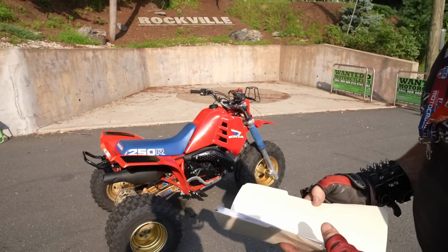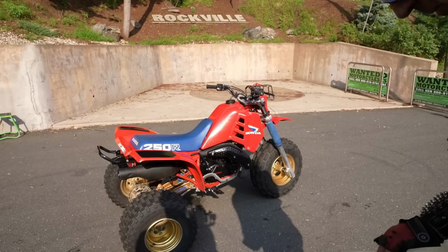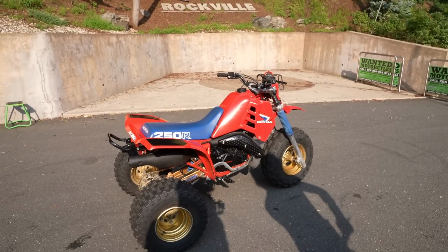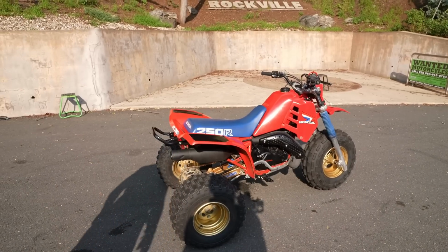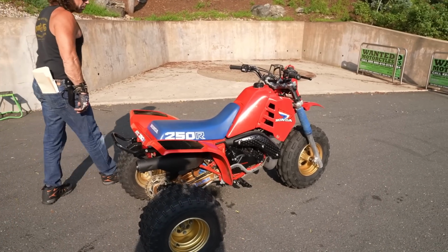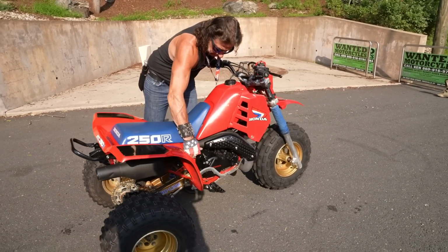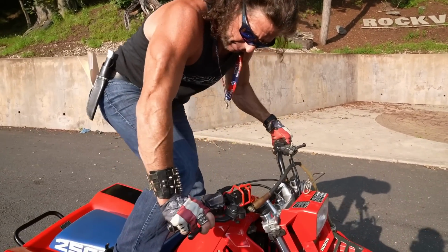These things are like hen's teeth, guys. The '85 and '86 ATC250Rs with the gold wheels, for whatever reason, they've eluded us for years. I'm pretty sure this is the first gold wheel ATC250R we've ever shot on the channel and brought through. And it's no excuses. This thing's an absolute animal. Mario's got it running just right. Brakes are solid. The rear end will lock right up on command. Definitely well sorted, ready to rip. Good example. It's a beautiful piece. It'll be on display in the New England Motorcycle Museum here on the second floor with the other ATCs we have here. If you want to come take a look at it,